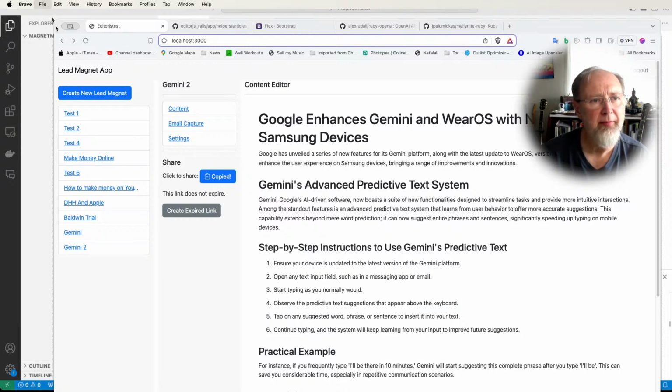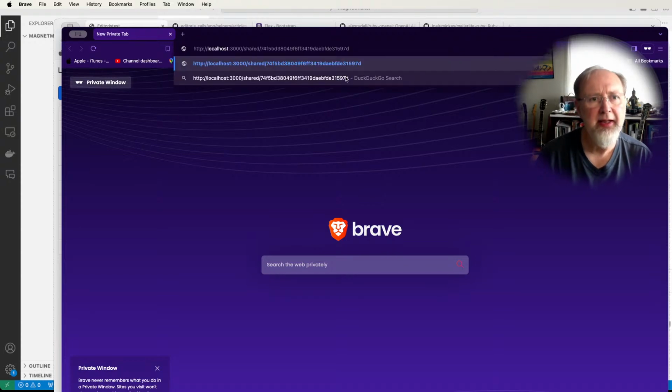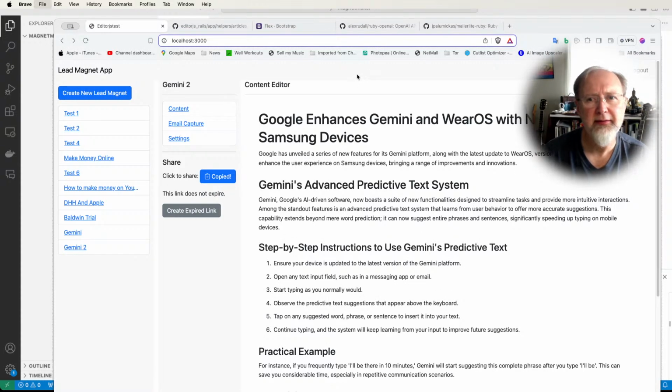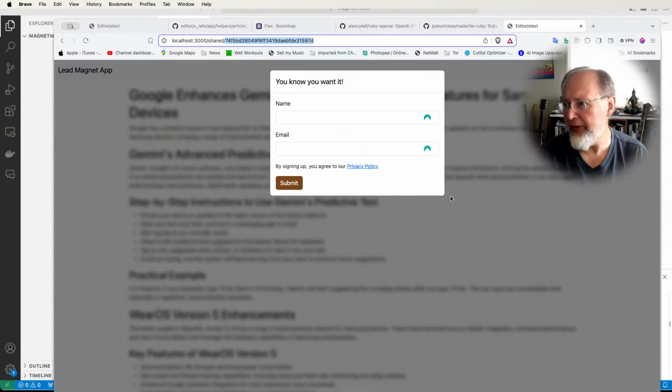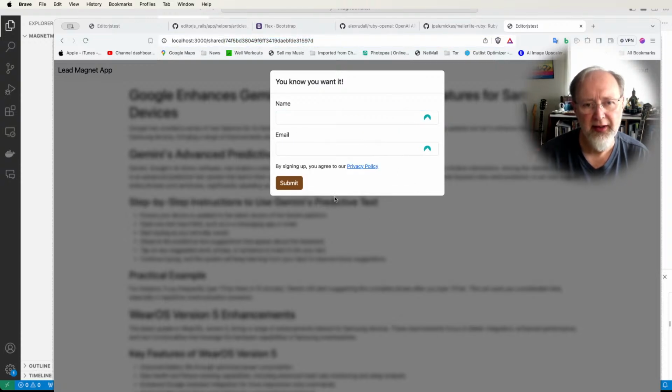I'm not sure if I can open another window here. I don't know how I have my OBS set up. Maybe you can see that. And then I can paste in that link, and it'll be an obfuscated link. Oh dear, that doesn't look good. So it has a link with just a bunch of gobbledygook there, just random characters, and after a few seconds, this dialog is going to pop up. You can enter your name, email address, and when you submit,